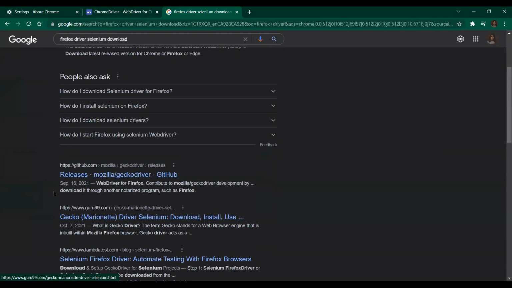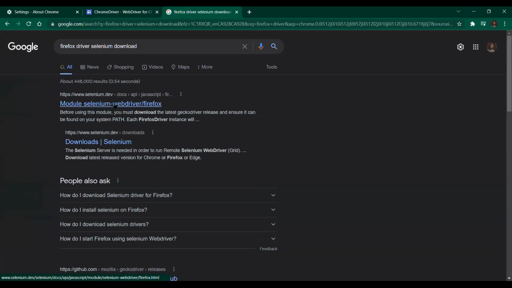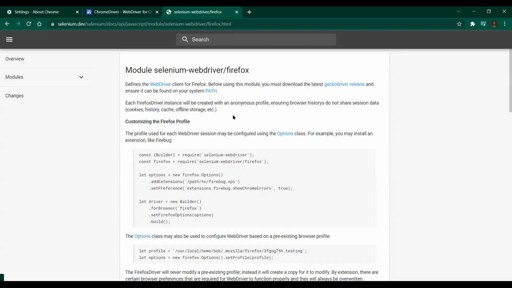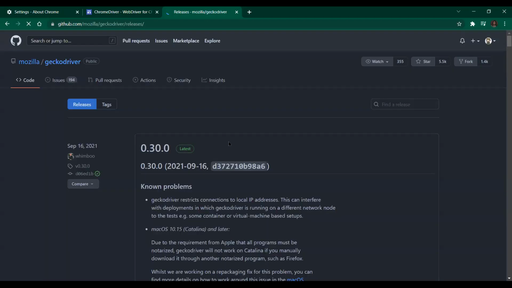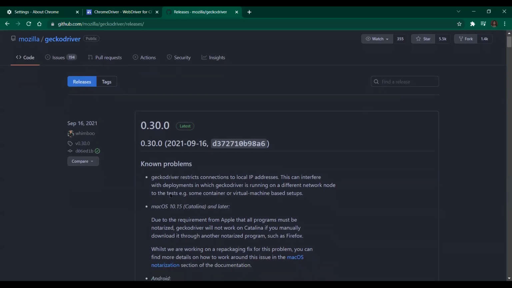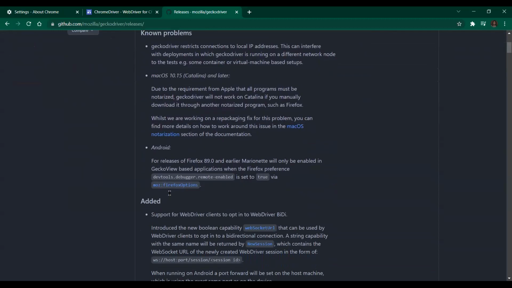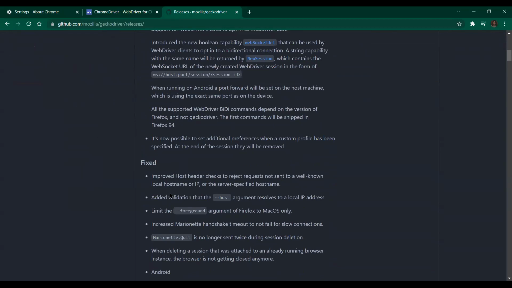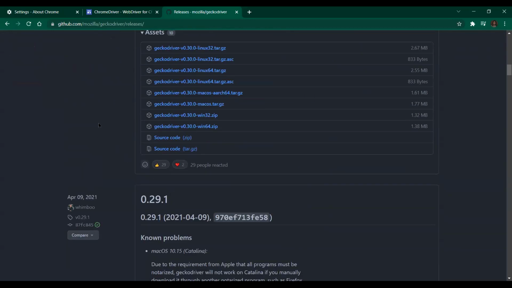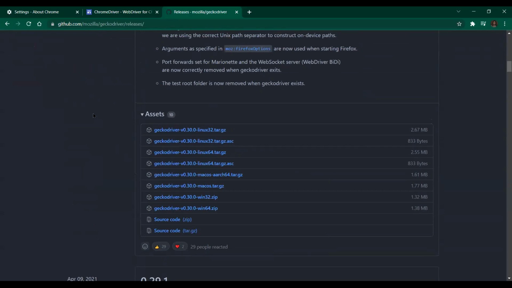Yes, this is the link. Here we can get all our Gecko drivers for Firefox, all the versions and for any operating system we need to use. And it is done in the same way as we do it in Chrome.